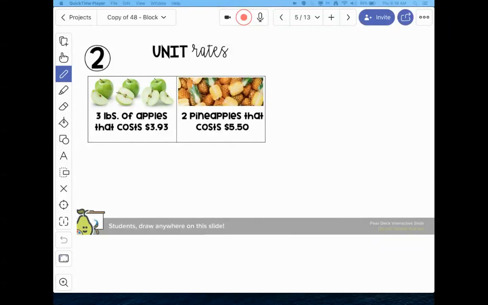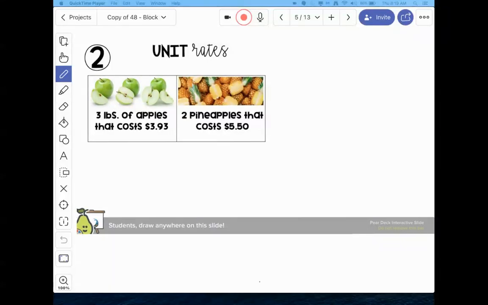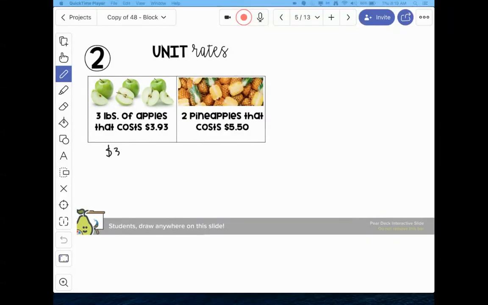So we're going to look at 3 pounds of apples that cost $3.93. So we're going to put our cost on top. So $3.93 over 3 pounds of apples. Okay, so $3.93. And then remember, again, just kind of like in our order of operations, this bar really means to divide, so we can do it that way, and we can get it down to 1. So the same way that we were doing before. So $3.93 divided by 3 will give us